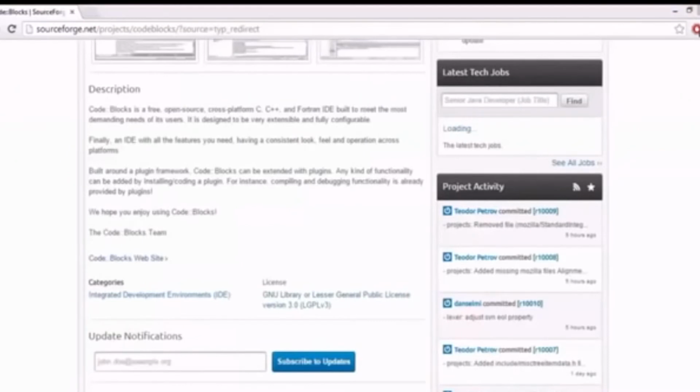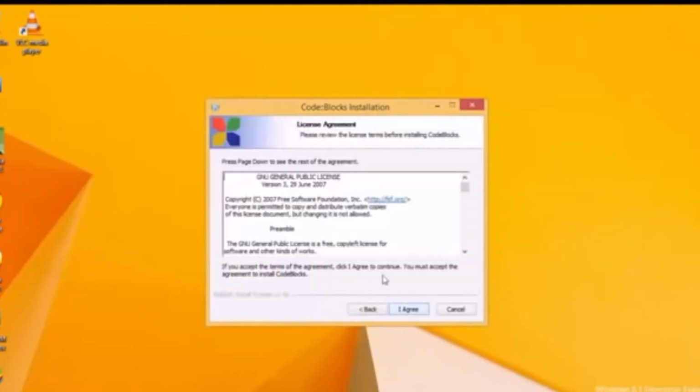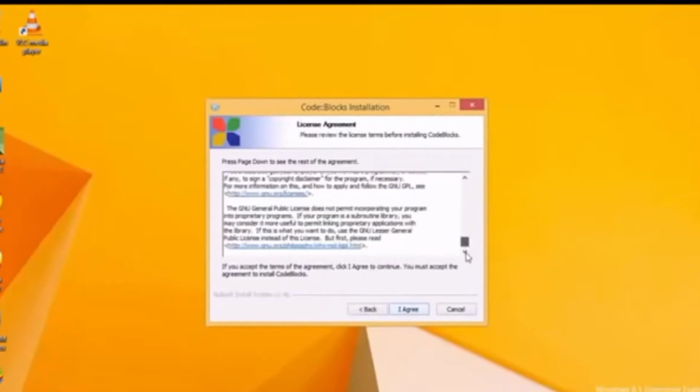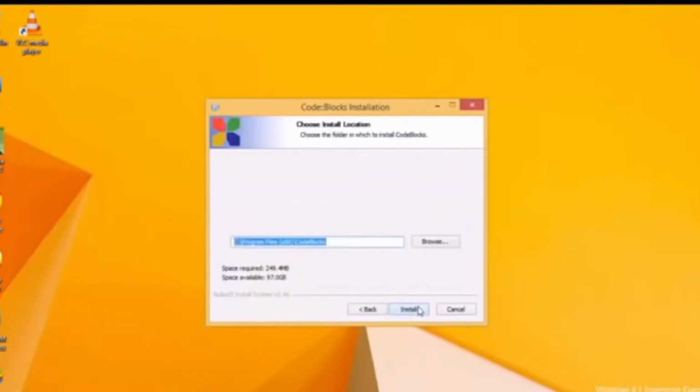So now this download is complete, so we are going to install Code::Blocks in our Windows operating system. I will just click this executable which I have downloaded, and then the install will start, and it says welcome to setup. Just click next, and read the agreement, and if you agree, click I agree and click next.